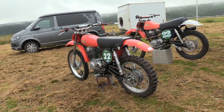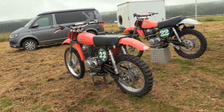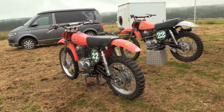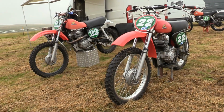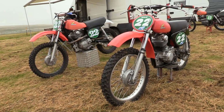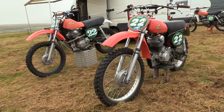Now in this shot we're taking a look at 2 of the other Team Wiley bikes. Now I don't have any details at all of their motors or frames, but they certainly do look like a similar setup to Darrell's other machines, but it appears that Darrell and his dad Davey certainly like their 4-strokers